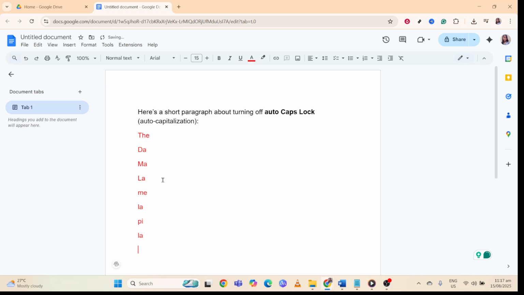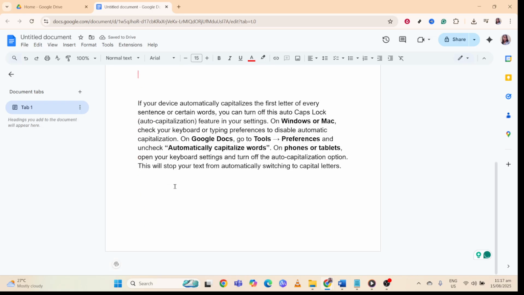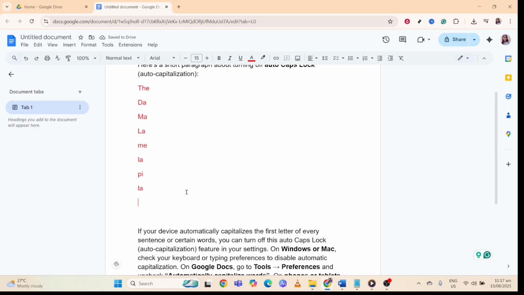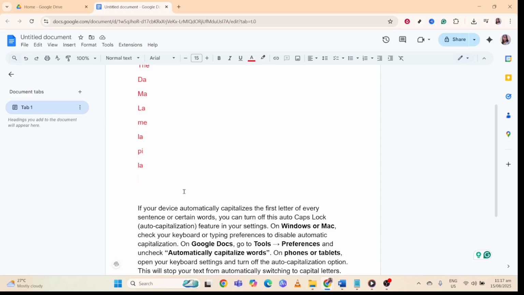This process can be useful for anyone who prefers manual control over text formatting or who needs to adhere to specific style guides without interference. I hope you found this tutorial helpful, and you're now free to customize your Google Docs typing experience exactly as you